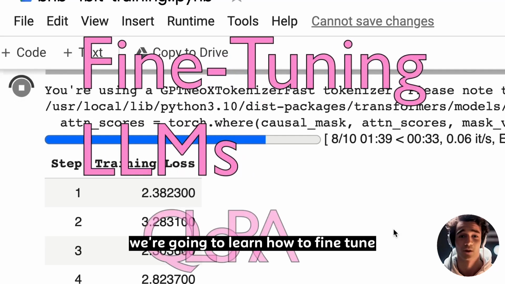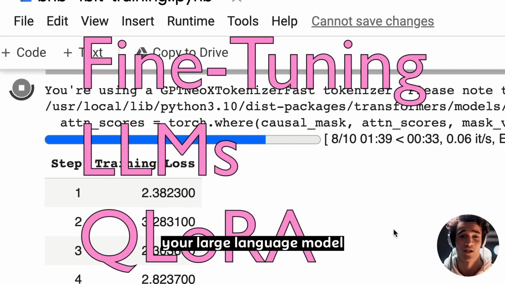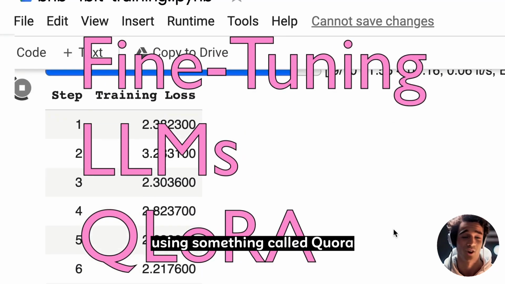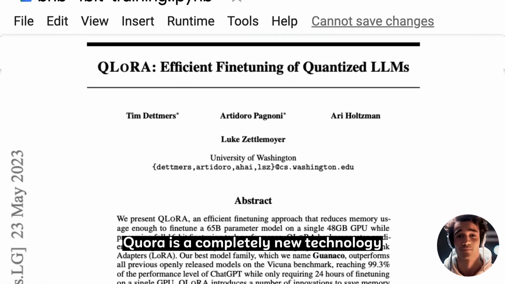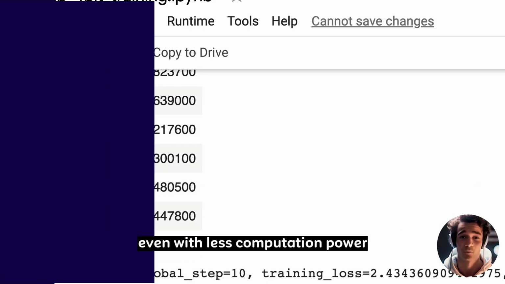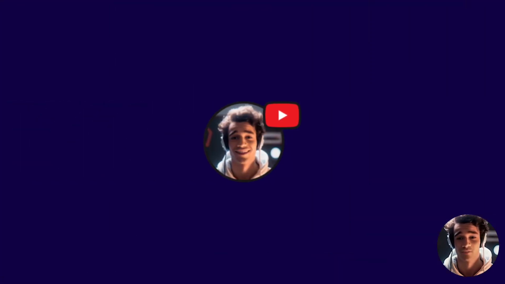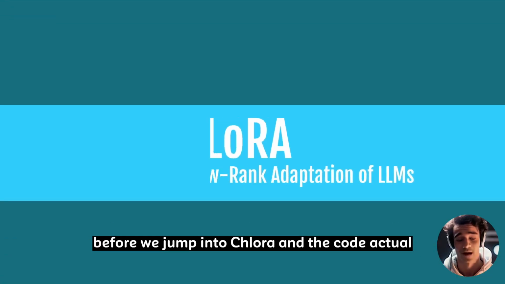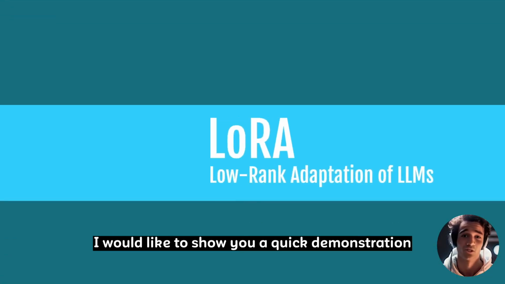In this video, we're going to learn how to fine-tune your large language model using something called QLoRa. QLoRa is a completely new technology that helps you fine-tune large language models, even with less computation power. Before we jump into QLoRa and the actual code, I would like to show you a quick demonstration of what